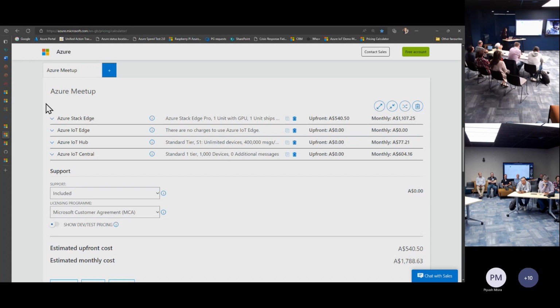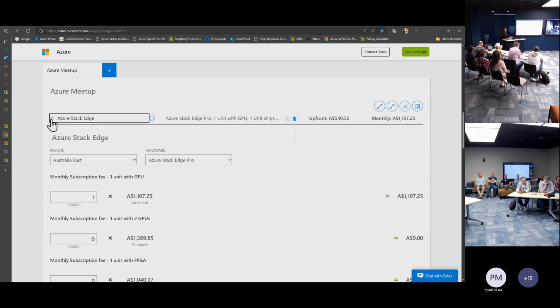I don't see too many people using Stack Edge, to be honest. You had money to spend. Oh, having fun. It became quite cost prohibitive because of the redundancy for us. I mean, it's a very nice piece of hardware, but